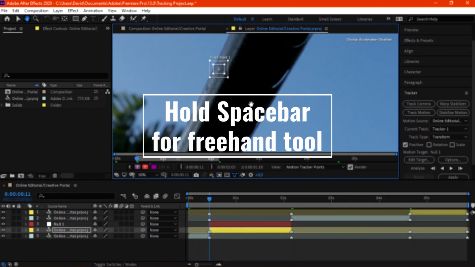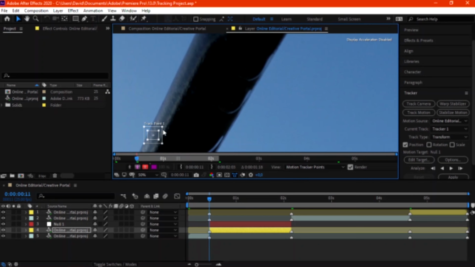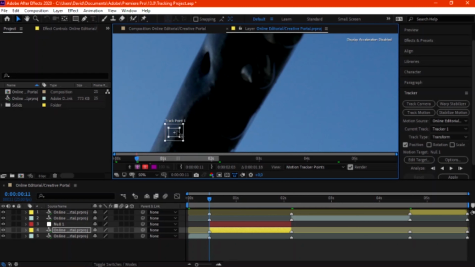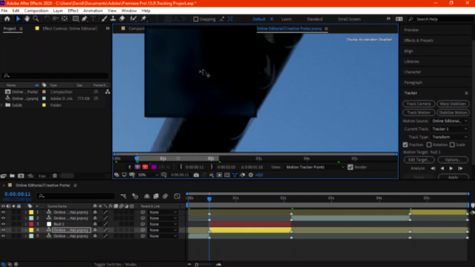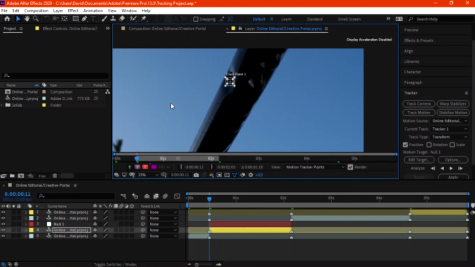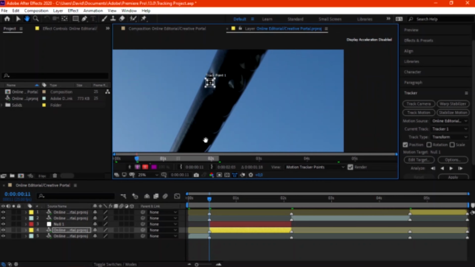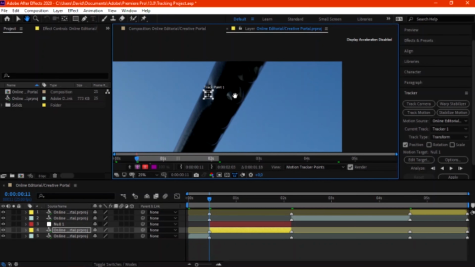To move the screen about, you just hold your space bar to give you that hand tool. So we need to move that box to a specific location where it can be able to track. In my case, I'll go to this dark spot here with a lot of contrast, and I'm just going to place it properly there. Then I will let the tracker automatically analyze everything forward.